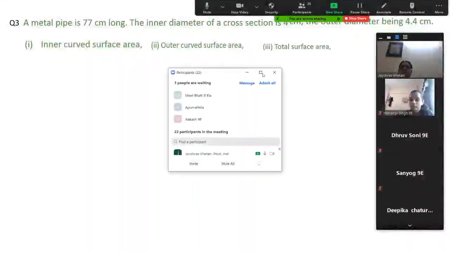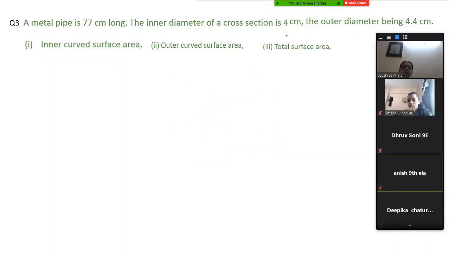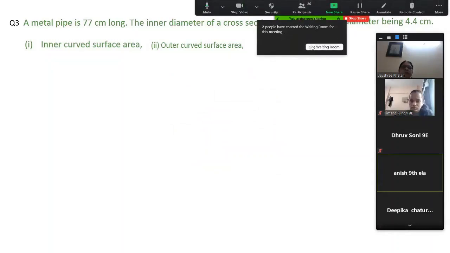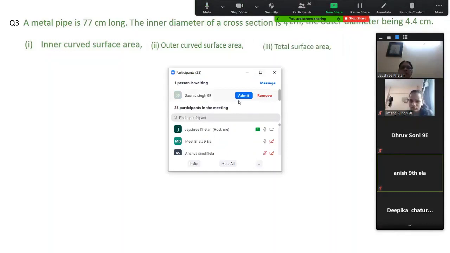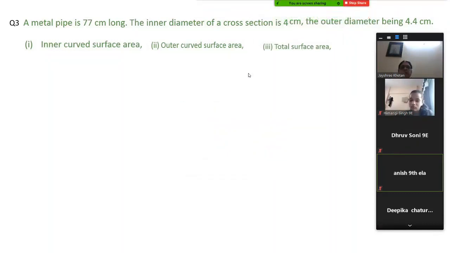A metal pipe 77 centimeter long, with the inner diameter of the cross section being 4 centimeter and the outer diameter being 4.4 centimeter. Find the inner curved surface area, outer curved surface area, and total surface area of the cylinder. Okay. Now,